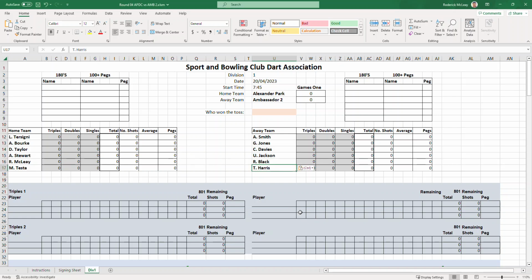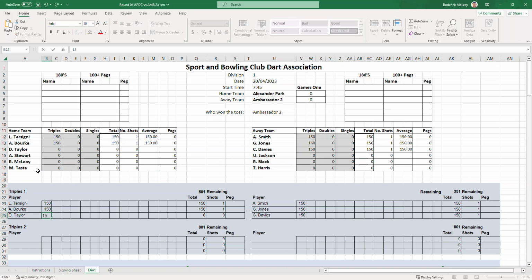Now, when you enter a score in the spreadsheet, it automatically goes to the next player to have a throw. So with our association, we just play straight down the line for triples. I'll just pick the first 3 players from each team. I'll say that Ambassador won the toss, so that means that they'll throw first. If I type in their score, 150, press enter, it bounces over to this side. Louis gets 152, 150, enter, and it just goes through like that, from side to side